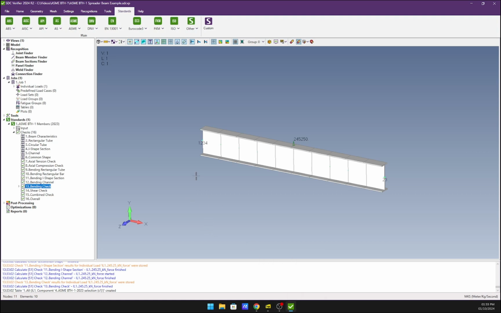More checks are planned for the development, specifically the weld checks, the bolt checks, and probably also the fatigue check. So keep an eye out for that in the